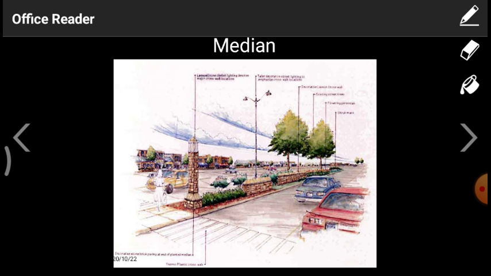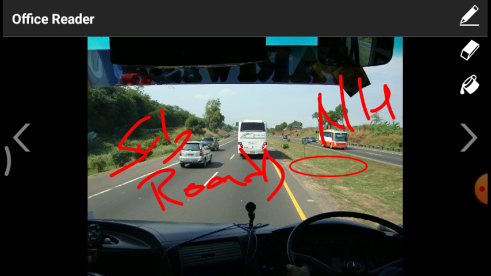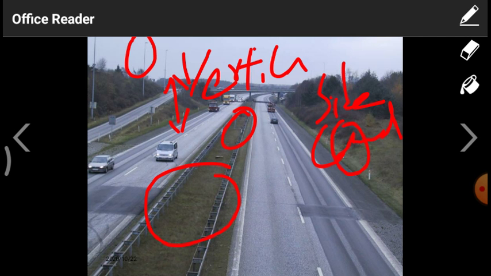This diagram has these meridians with greenery and normal statues and other things and street lights. These are the different roads having some amount of inclination with respect to the central line. This is the example: the two roads are having inclination with respect to the central line for the purpose of drainage of water. The central line, the meridian, is at a higher position, and the total water will be drained off under the particular conditions.